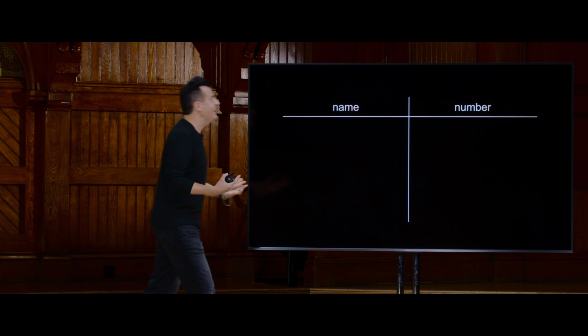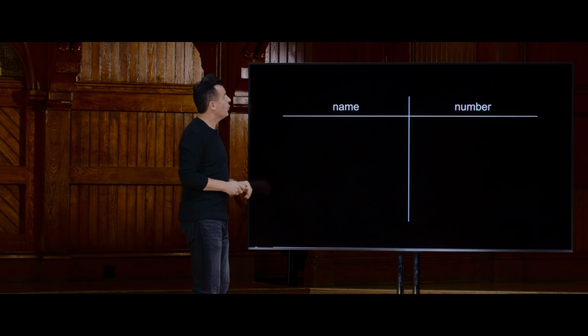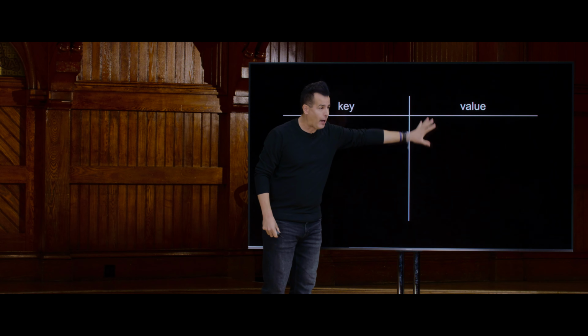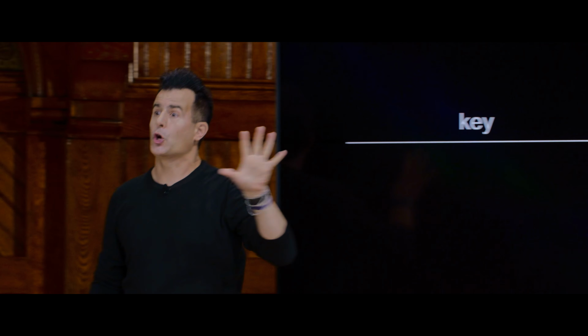You can also see this in the context of a phone book, which is where we began the course in week 0, where it's essentially a dictionary of names and numbers instead of words and definitions. And a computer scientist would generalize the notion of a dictionary further and just call the thing on the left a key and the thing on the right a value. And these things are omnipresent in computing, and you're going to start to see them all the more today and next week and beyond, in that if you just want to associate some piece of data with another piece of data, a so-called key-value pair, a dictionary is going to be your go-to data type.